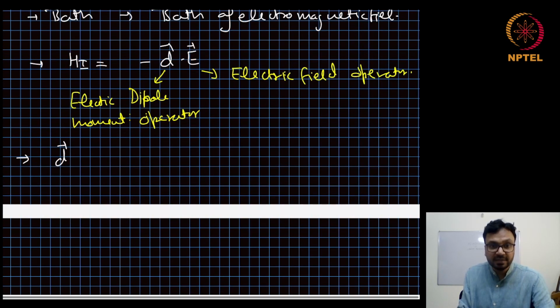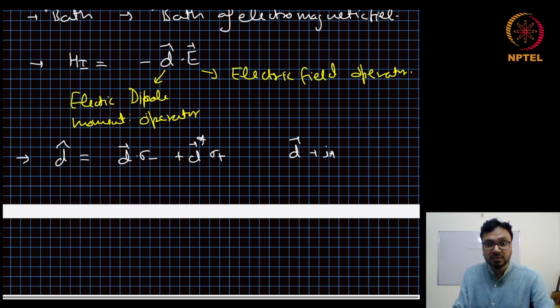The dipole moment operator d is given by the vector D times sigma minus plus D vector star times sigma plus,